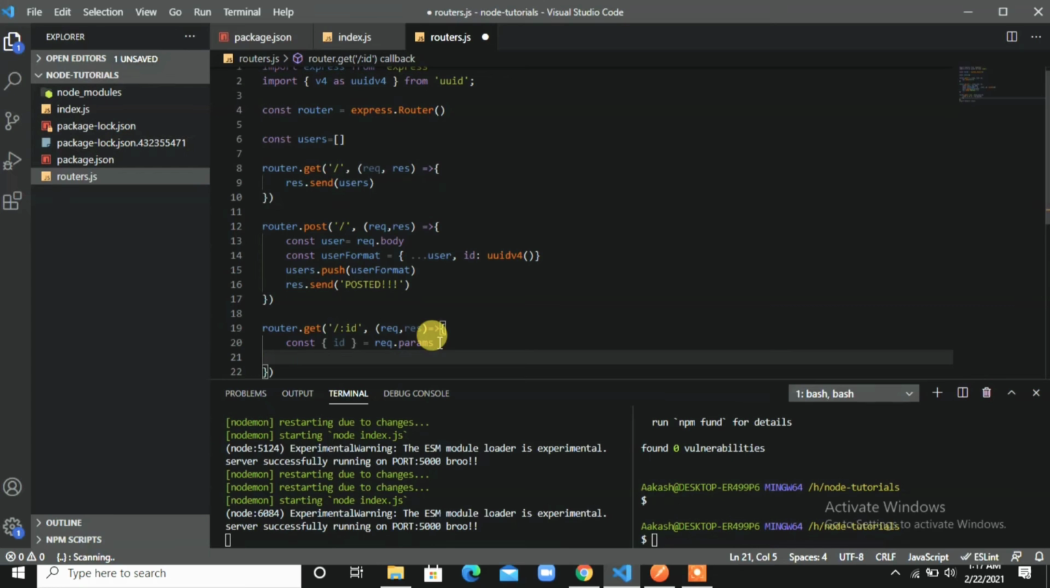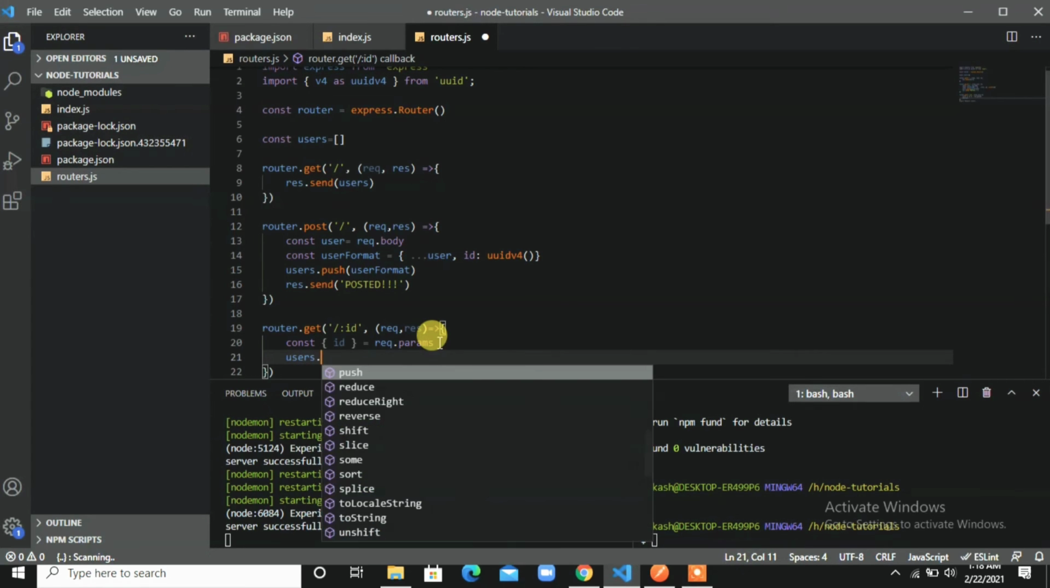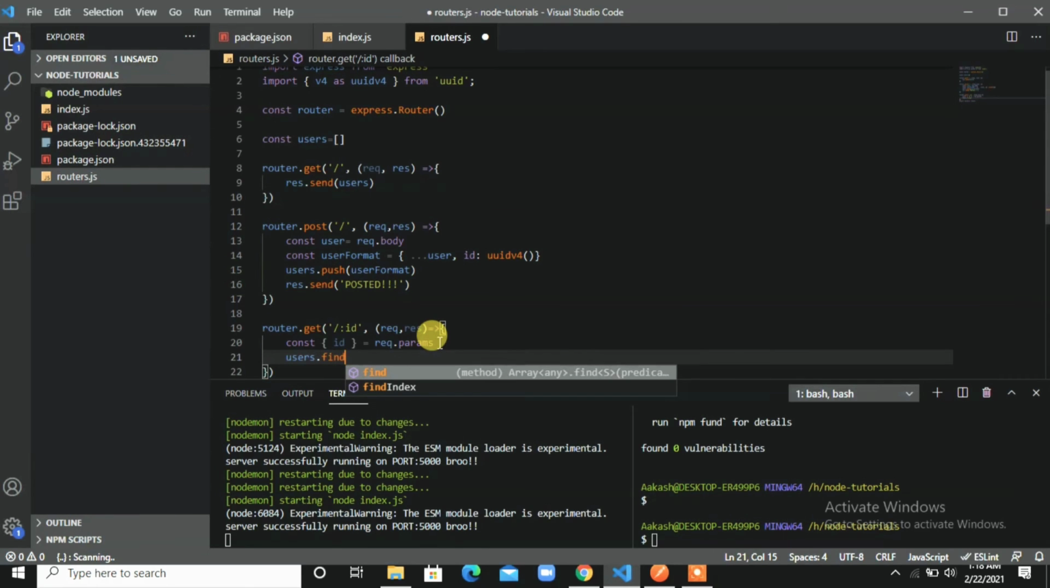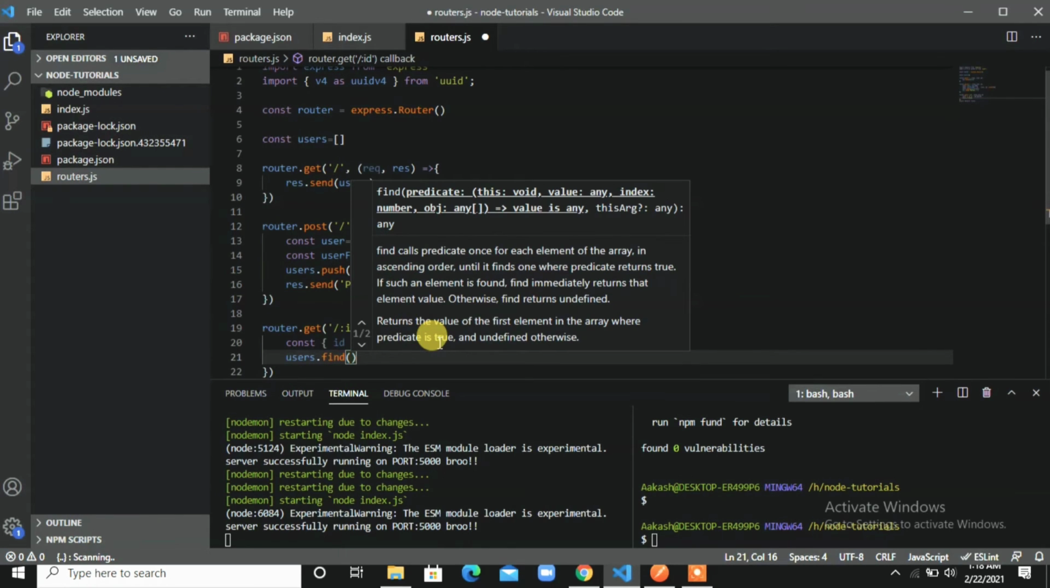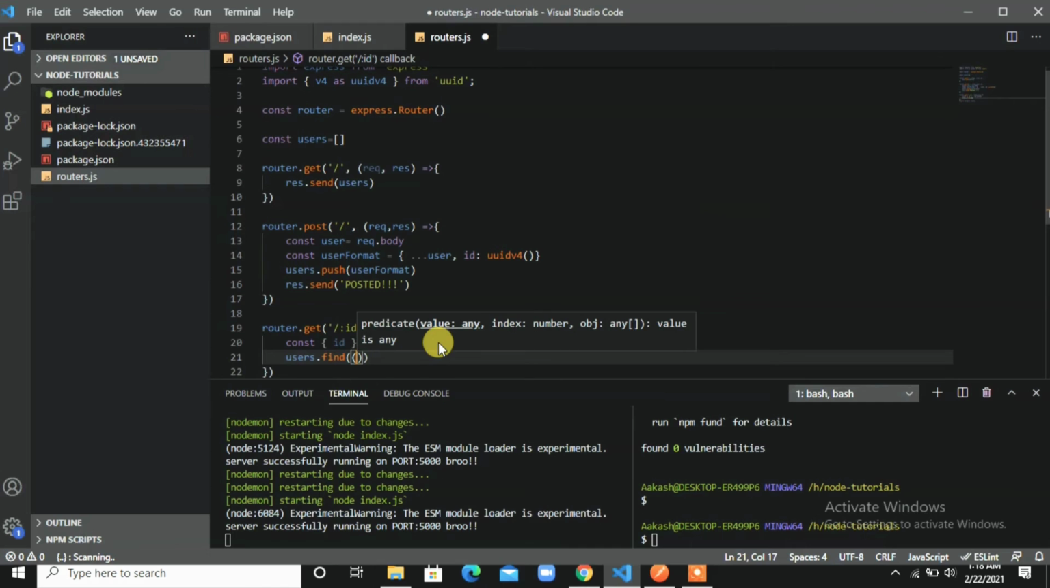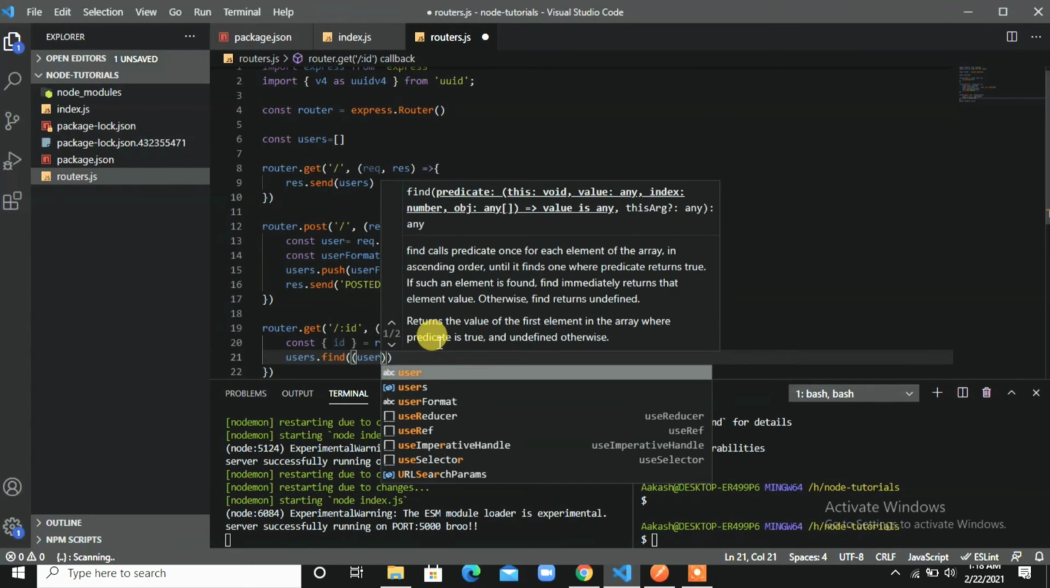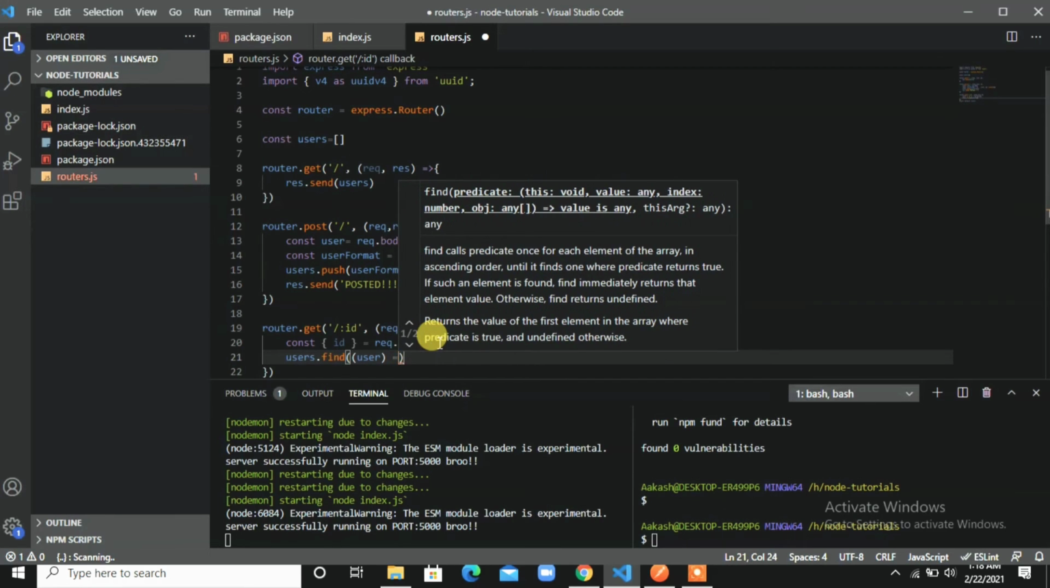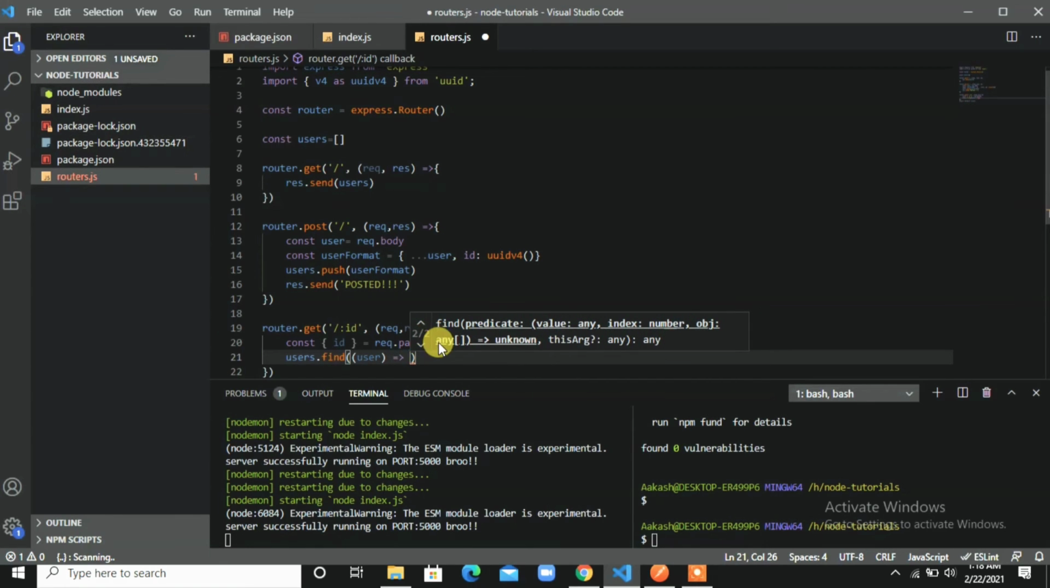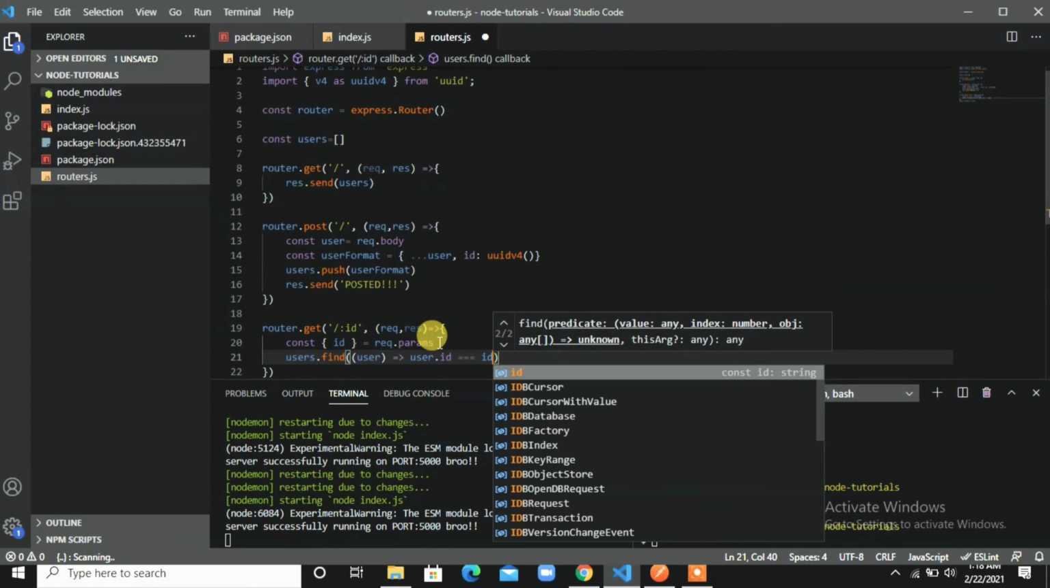Before that we can implement the function of finding the id by typing users.find of user, where users is the database and find is the inbuilt function. I'm using a dummy variable user to traverse the array with a callback function: user.id equal to id, which is the id given by the user. So in this case I am sending the response as